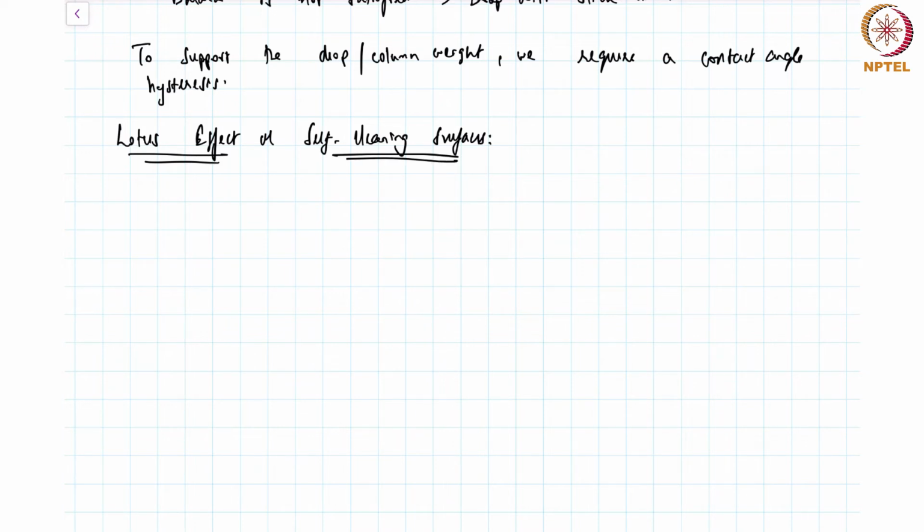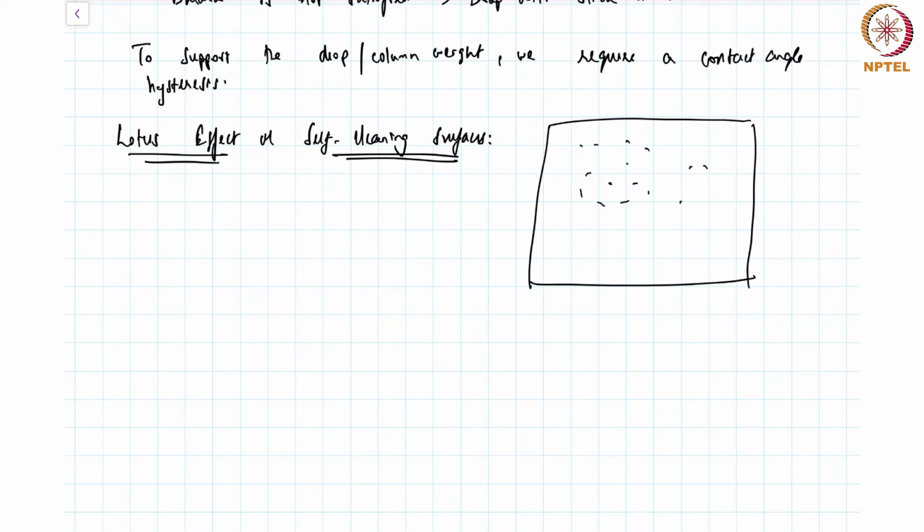A common mistake that several people make is to say that the lotus effect, or the lotus self-cleaning effect, is only because the surfaces are super hydrophobic. Correct? What is self-cleaning? The idea is the following. If you have a surface like this, and this surface has a lot of dust and dirt on it,